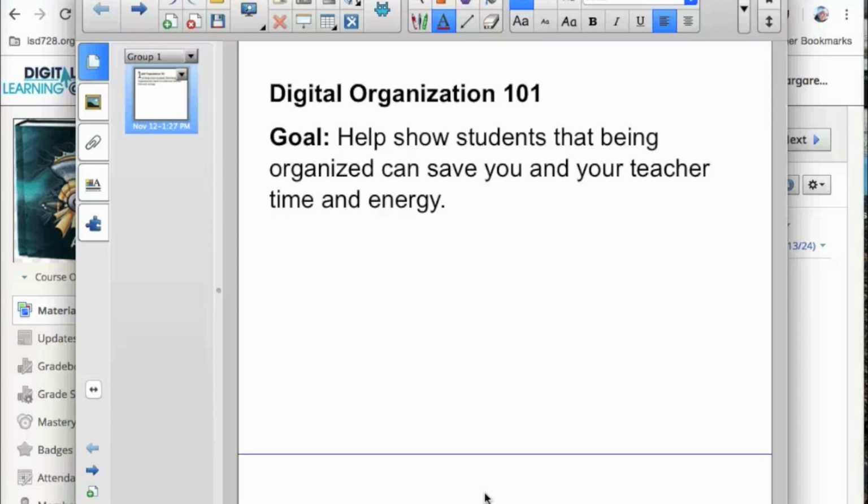I know even with the three of us talking, each of us have a little bit different tweaks to this. If you have questions on how to get organized, feel free to ask a teacher, ask an adult, ask a friend how they organize, and find the system that works for you.